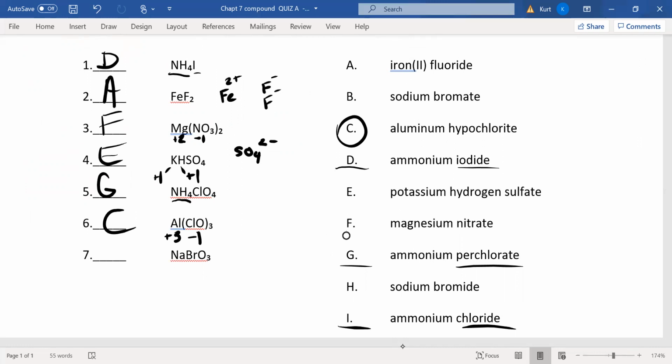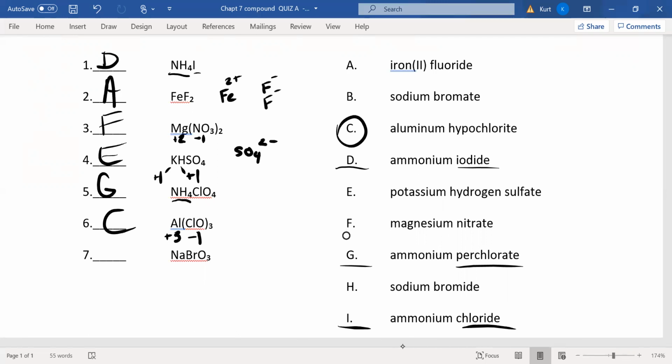Remember that they're not, these are behaving differently. We talked about this. With polyatomic ions, they all behave as one. It's just those little exceptions where together they form one unit that is stable, but it still has a charge. They're just exceptions to the rules. And then the last one,